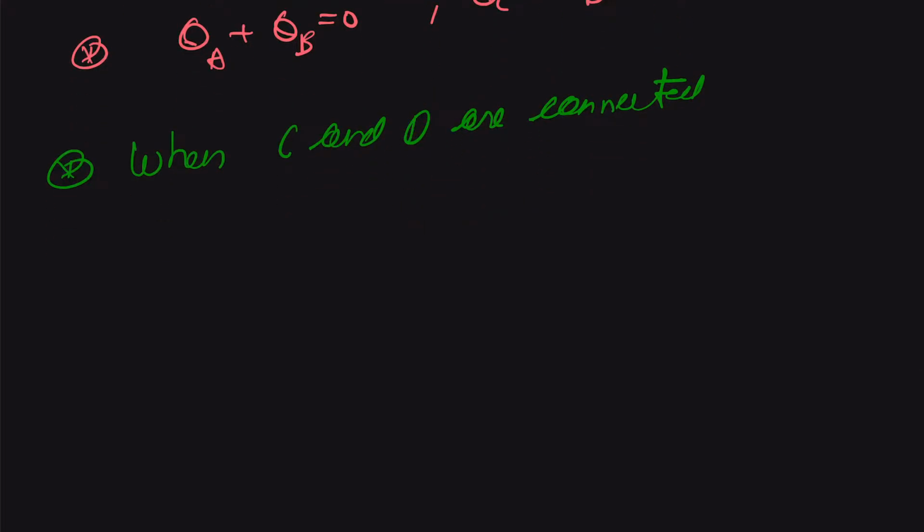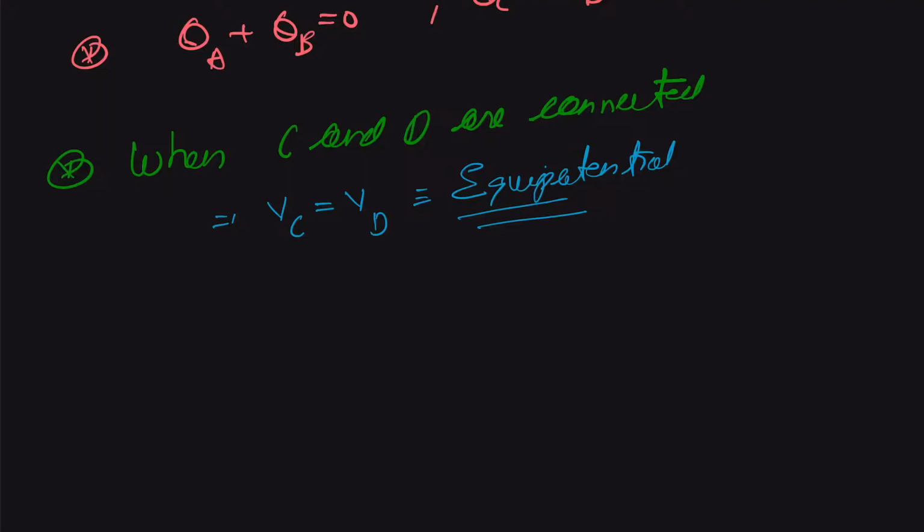So when C and D are connected, potential at C will be equal to potential at D. Or we can say they are at equipotential. And because of this, the charge distribution is going to change from QC and QD to some other value, but